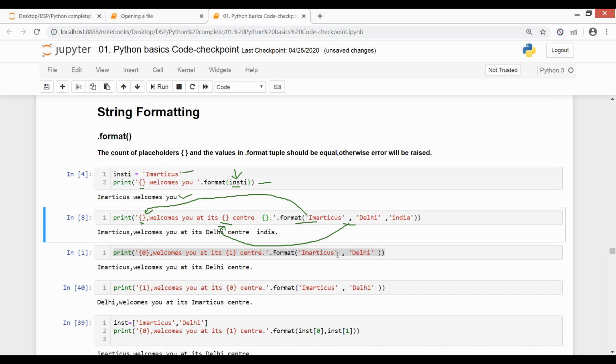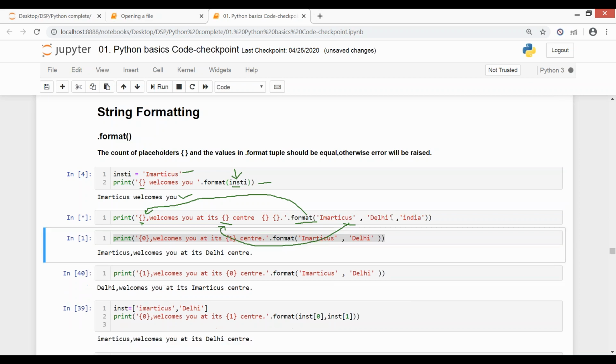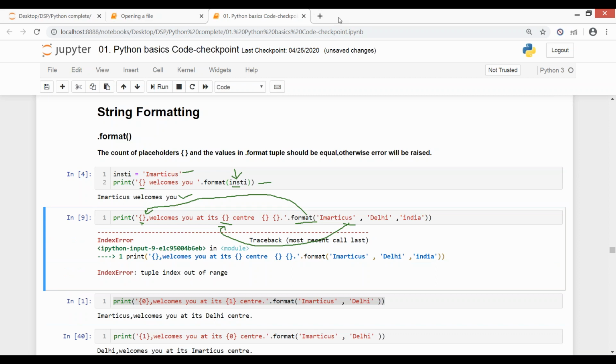So you're asking that if you give four placeholders and two values, try doing it, Akash. Try doing it. You'll get the solution. You're saying if you give four placeholders and two values, it will throw an error. मैंने अभी बताया तो. I just told now. The number of placeholders, let's say I've given four placeholders और मैं सिर्फ value 3 दे रही हूँ, it will throw me an error. This was just what I told a second ago. So if you give the number of placeholders here, then that many values you have to give.